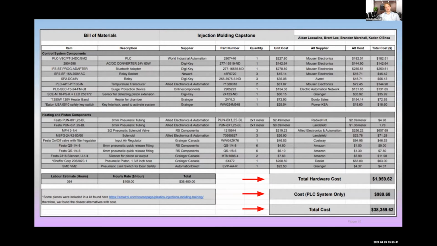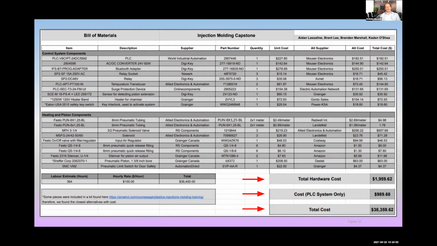So for the bill of materials, we tried to find parts that closely resembled the actual parts on our injection molding machine, as lots of the parts were outdated and prices were difficult to find. We discovered that an alternate supplier would be more cost effective for the majority of the time. We tried to stay away from suppliers like Amazon because